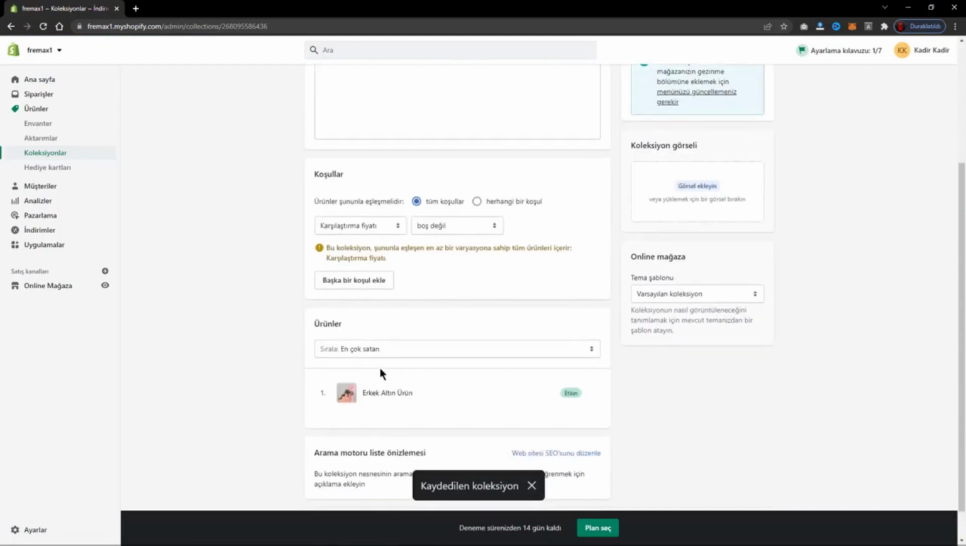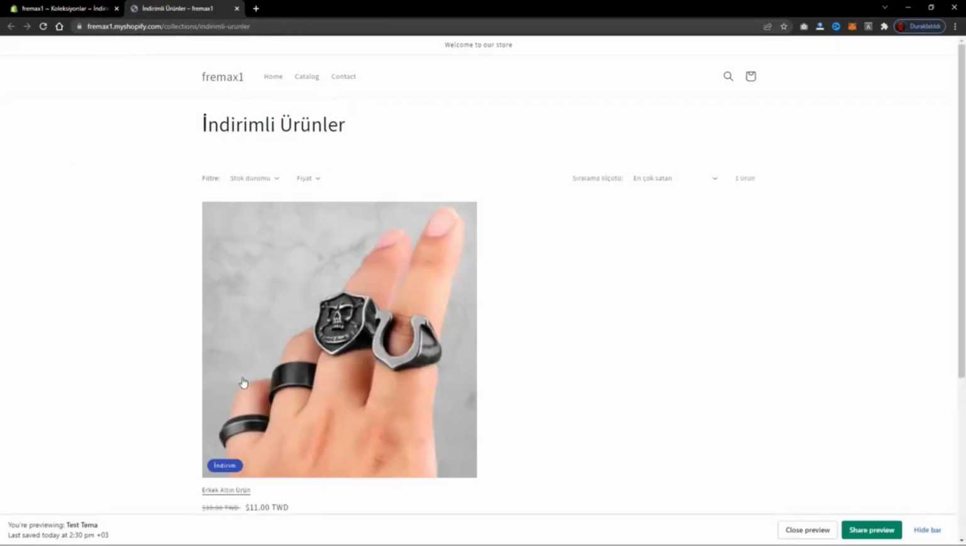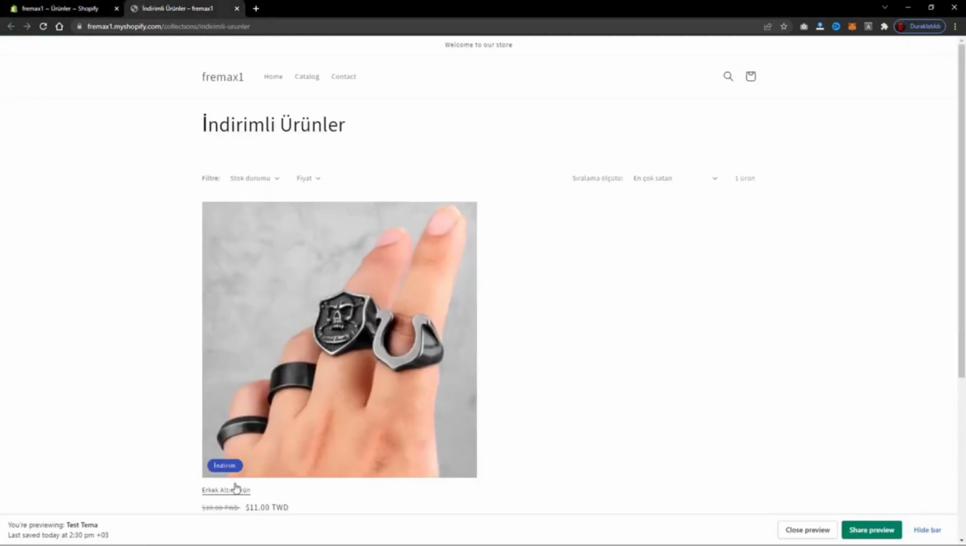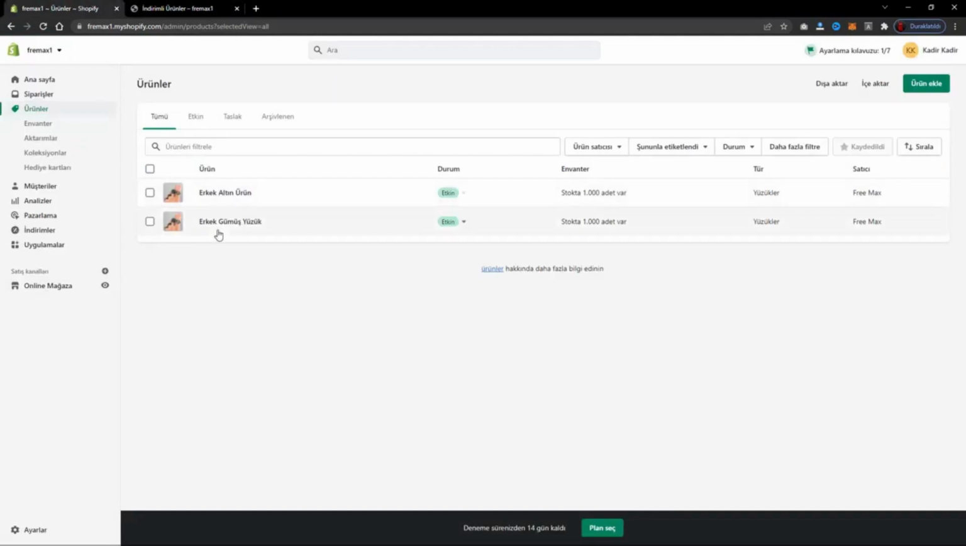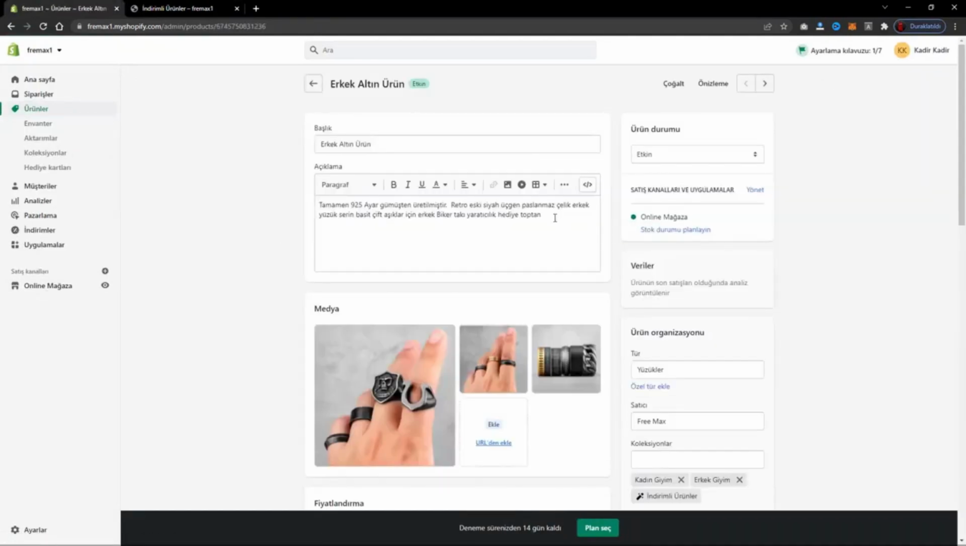As an example, let's see if it has pulled a product right now. As you can see, it pulled one product. Is this product a discounted product? We will see that too. First, let's see our category in our online store. As you can see right now, it pulled one of our discounted products, but we have two products, so the other one is not discounted. What's here now? Men's gold products. We have a men's silver product and two gold products. Now, when we look at our gold product,